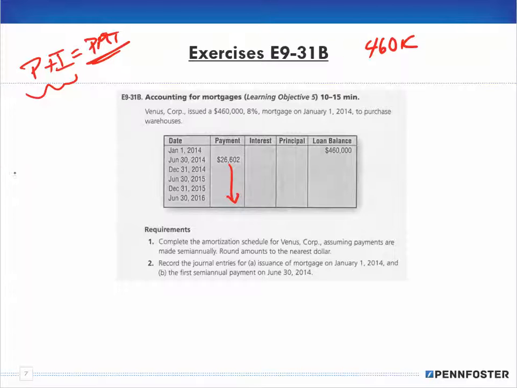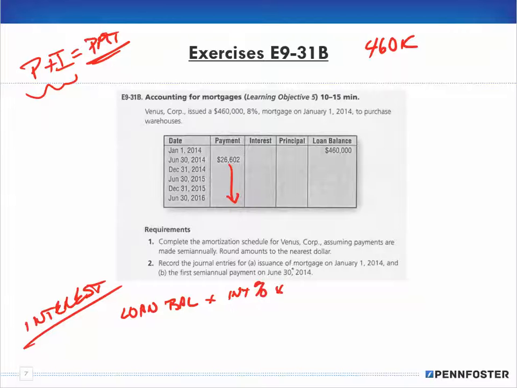Let me do it down here. The interest is going to be the loan balance at that moment in time. Remember, we're going to be reducing this loan balance by the principal amount with each and every payment. So we're always going to be looking at whatever the loan balance was up to that point in time times the interest percentage times,